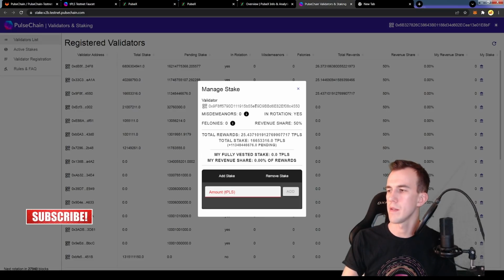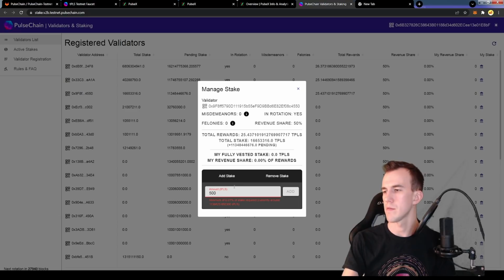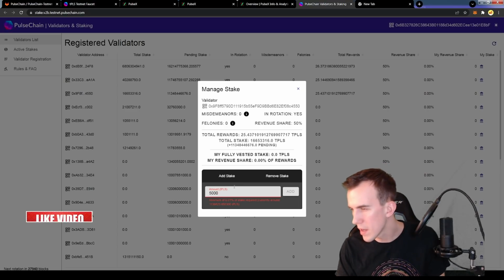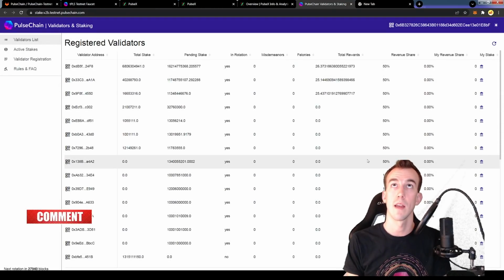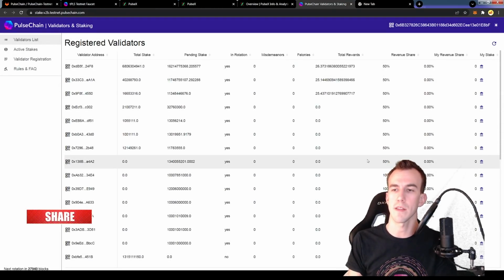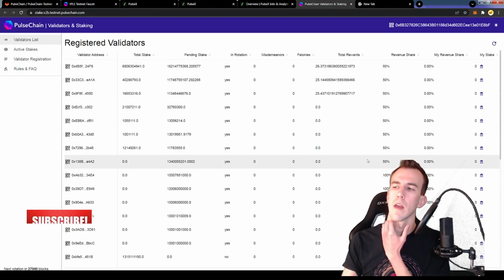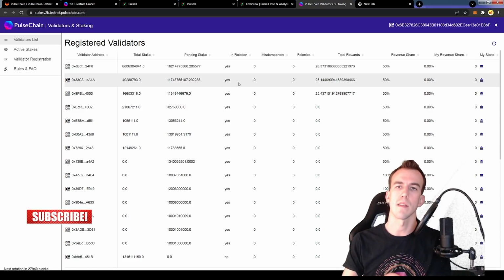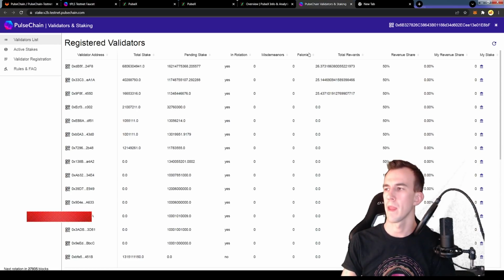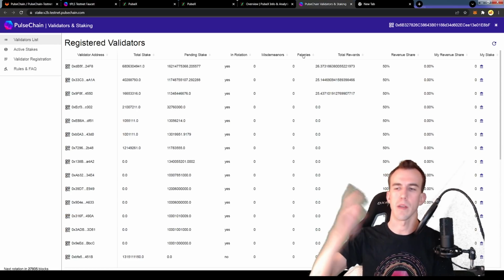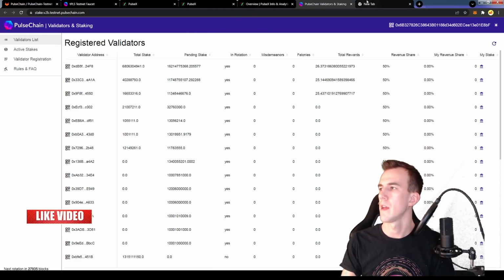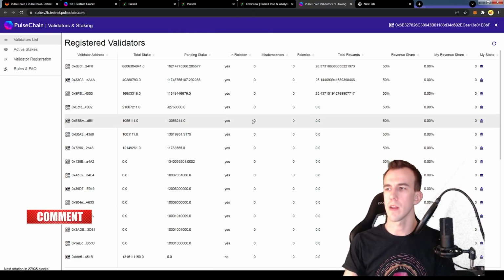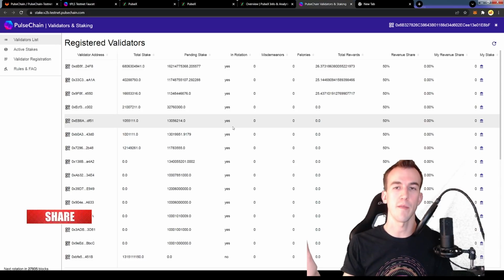I have it on the past testnet, but should I do 5,000? Yeah, the minimum I need is like 1 million something, which is like nothing. 1 million Pulse is like $100 of sacrifice points, basically. But they're only giving away 10,000 test Pulse per day or whatever. Maybe they'll up it to 100K or a million at a certain point for more testing, more volume type stuff. Anyway, if you want to go here and not stake because you don't have enough Pulse, then there you go.